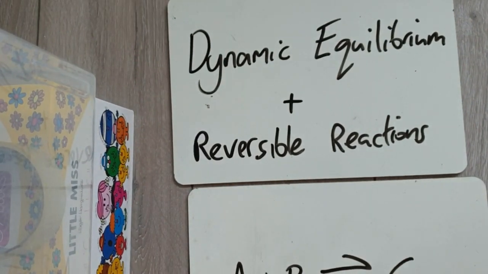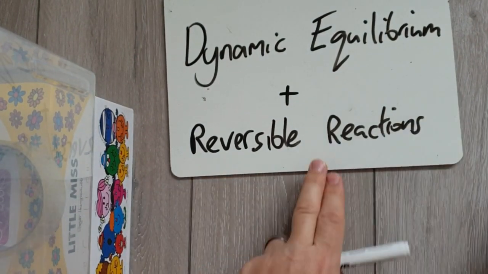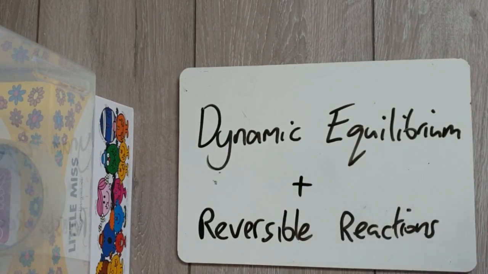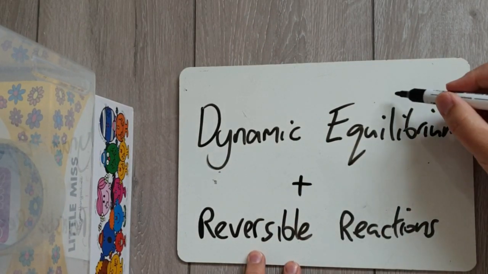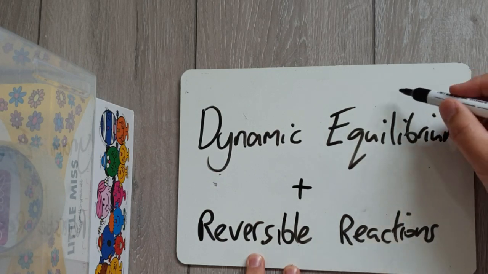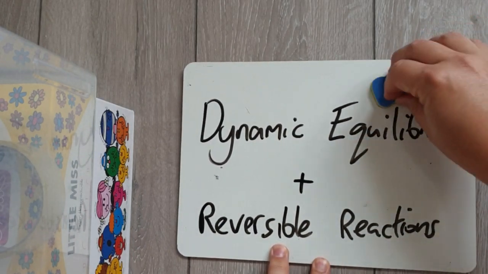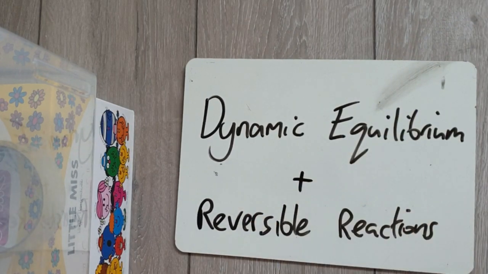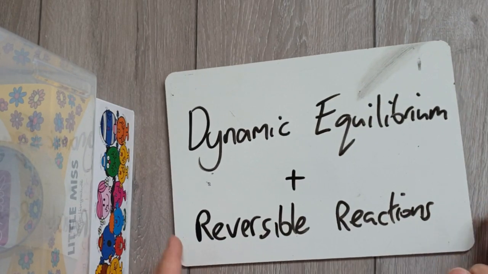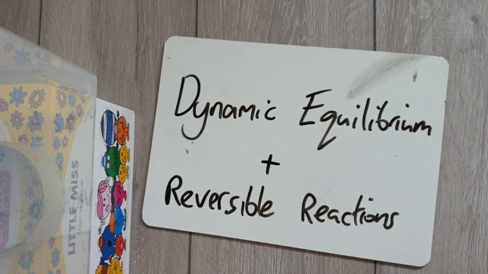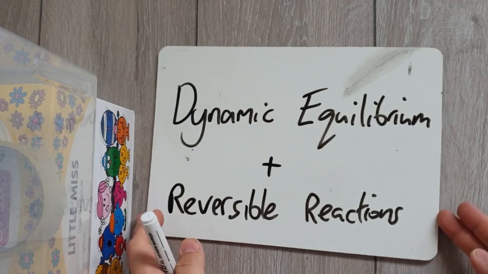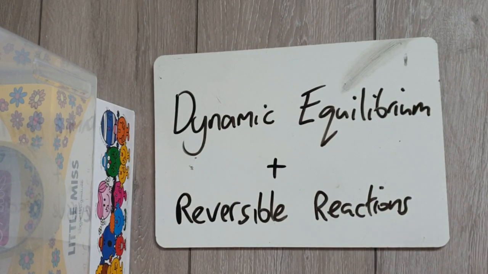Now, this phrase, dynamic equilibrium. Equilibrium means balanced. Dynamic means constantly moving, constantly changing. So we've got something that's constantly changing but balanced, which seems a bit strange and opposite until you consider the specifics of it. So as an example, one I put earlier,